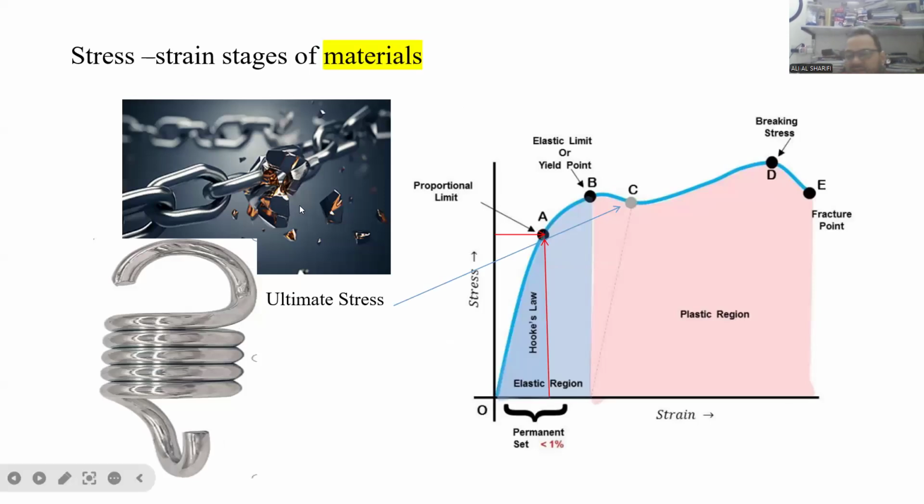Here was the relation between these two pictures. Actually, every iron bar, material bar, plastic bar, any material bar has the same properties. At first, from this diagram, it will act as a spring at the elastic region. Okay, but here it's measurable, seeable, visible. Here it's not visible. It's difficult. We need